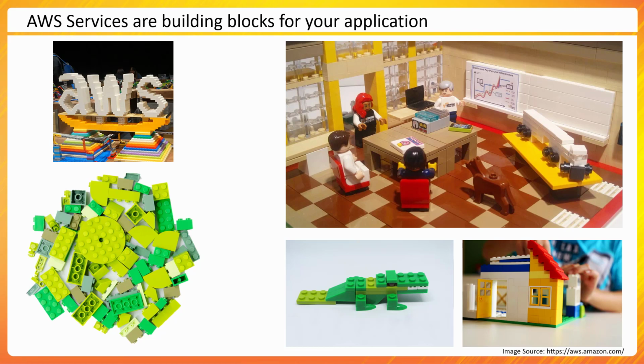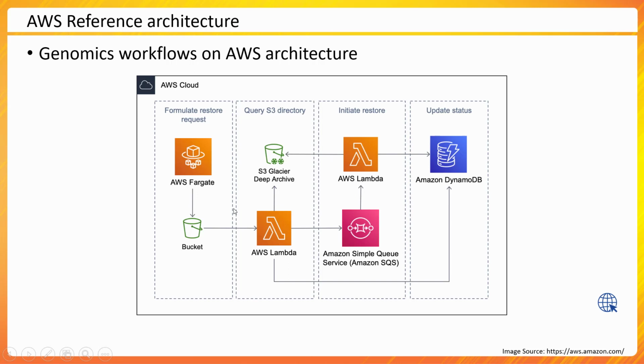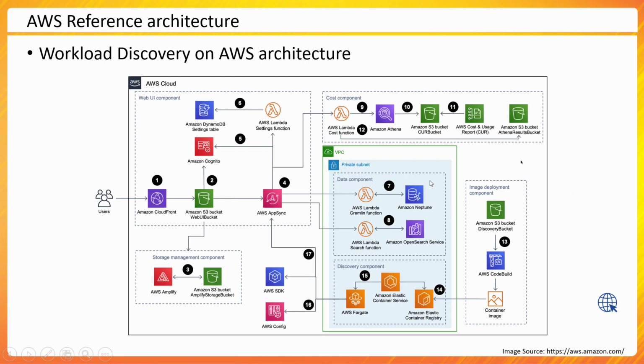Similarly, AWS services give you an option to identify what services will work in your favor for your application and just utilize those services. It's not like you mandatorily have to use every service. Here is a small example of a genomic workflow on AWS, and this is using some services like Fargate, Lambda, DynamoDB, and other services are not required. Or maybe I have a little more complex architecture here in which I have more services interacting with each other, and then I am able to achieve whatever my application wanted to do.